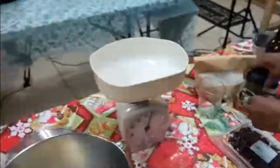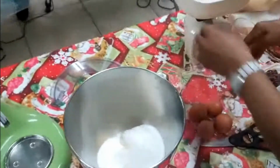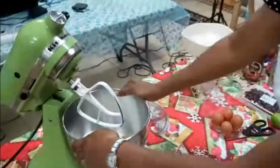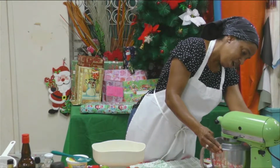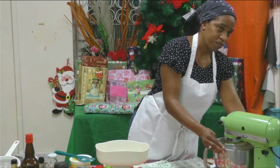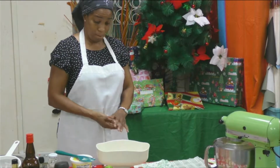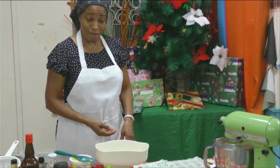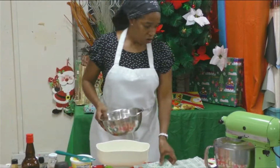So that's our half pound or 8 ounces white sugar. I'm going to pour this in the bowl with the butter. And we are going to put that to cream for 15 minutes at speed mark number 6. This is going to cream for 15 minutes. Okay. While this is creaming,